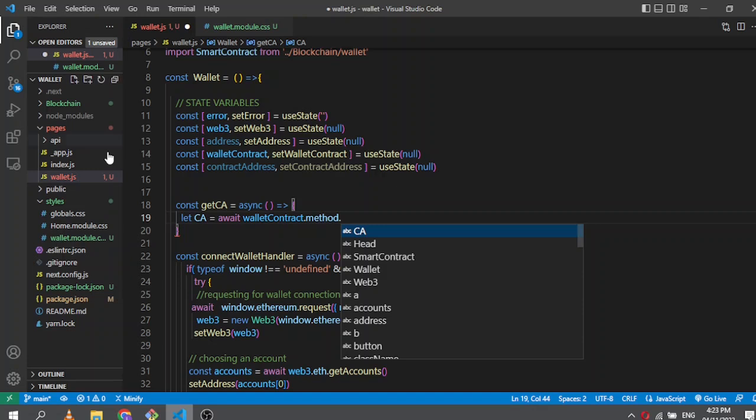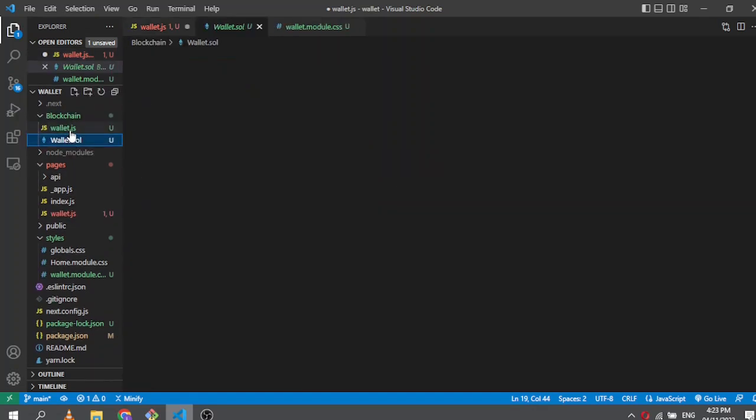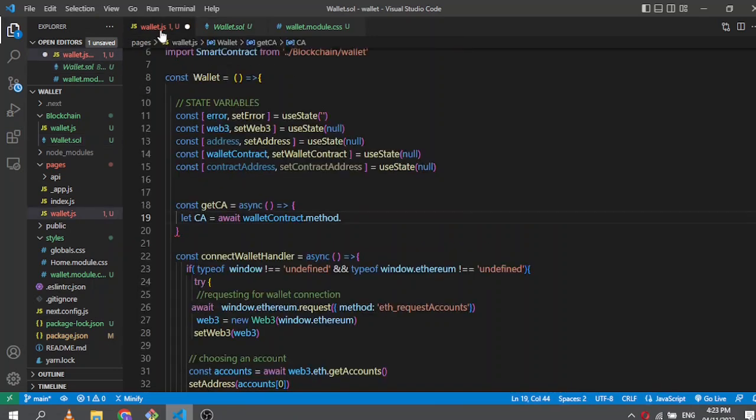And if you check the blockchain folder, our smart contract has a function to display contract address at line 41. So we'll call this function now. Dot display contract address